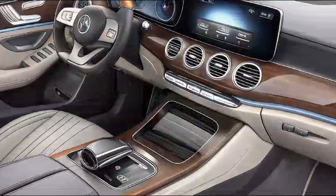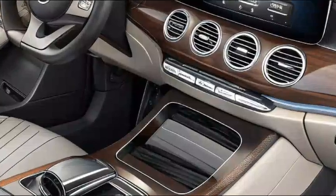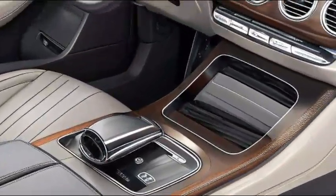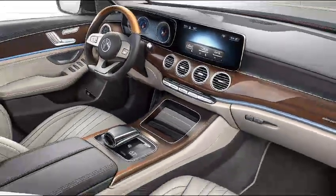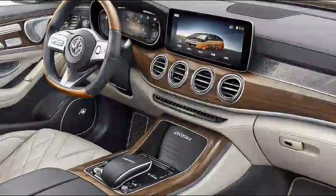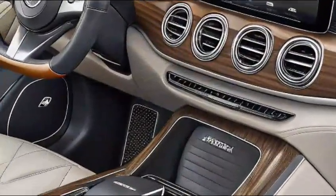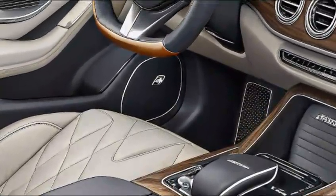Technology is a major highlight in the 2025 GLE, with the latest iteration of the MBUX infotainment system. A large, high-resolution touchscreen integrates seamlessly with the digital driver's display, offering intuitive controls and an immersive user experience. Wireless Apple CarPlay and Android Auto come standard, along with a high-quality Burmester sound system that delivers an exceptional audio experience. Voice control capabilities have been improved, making it easier to adjust settings, navigate routes, or control entertainment without taking hands off the wheel. The ambient lighting system adds to the cabin's premium feel, with multiple color options to create